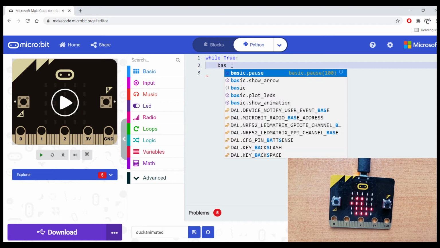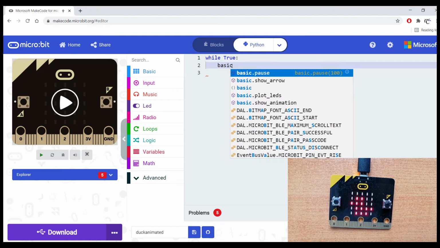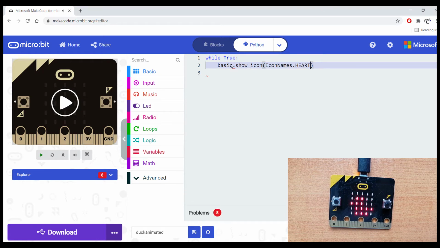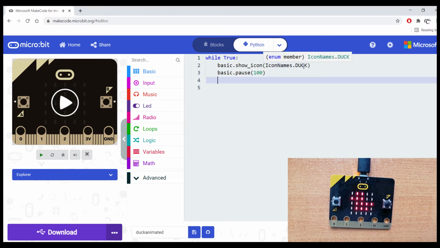Go to write basic, and then I find the icon. Alright, so this time we're gonna put here duck. Alright, and it will stay for a while, 100 milliseconds. And as you see in these two codes, firstly we display the duck, and it stays for 100 milliseconds, and later on we're gonna also show the